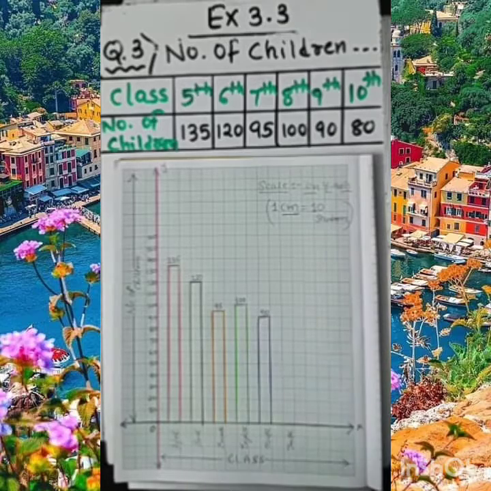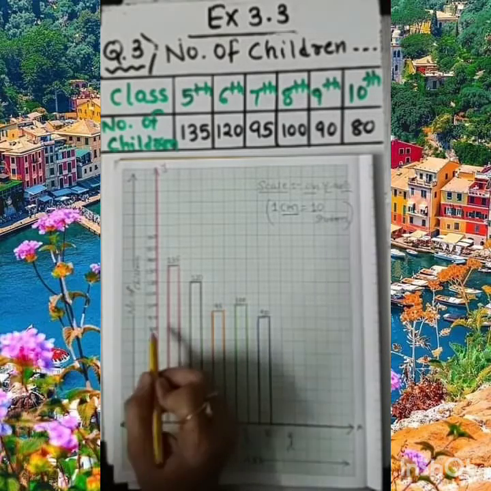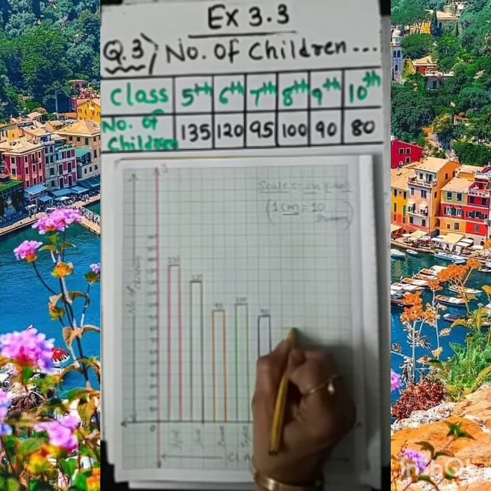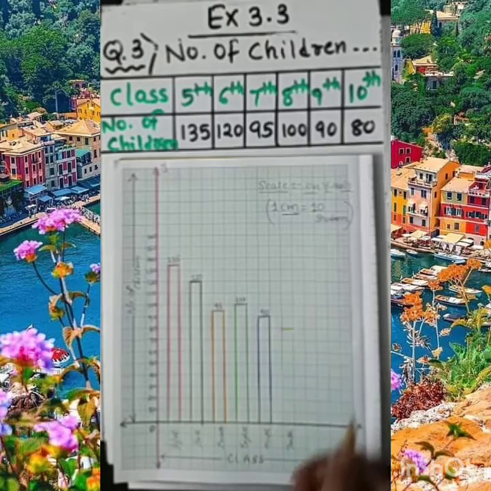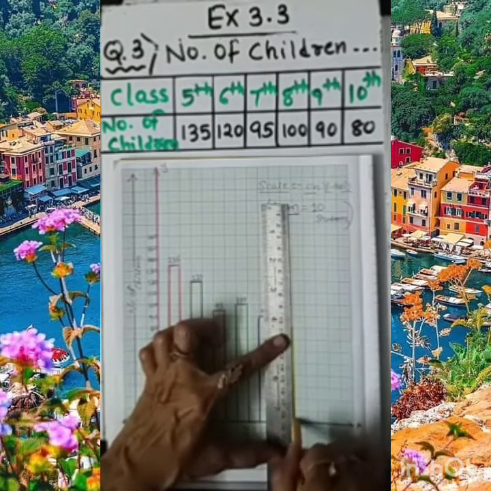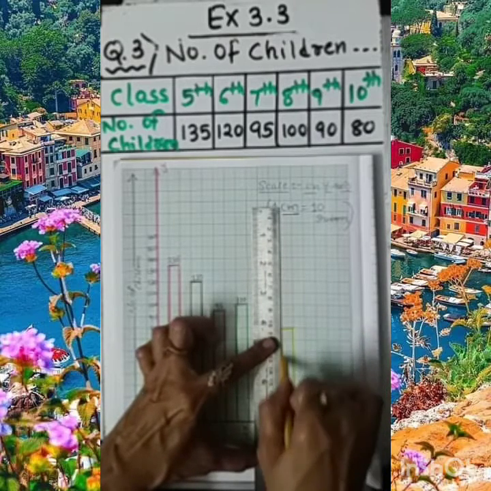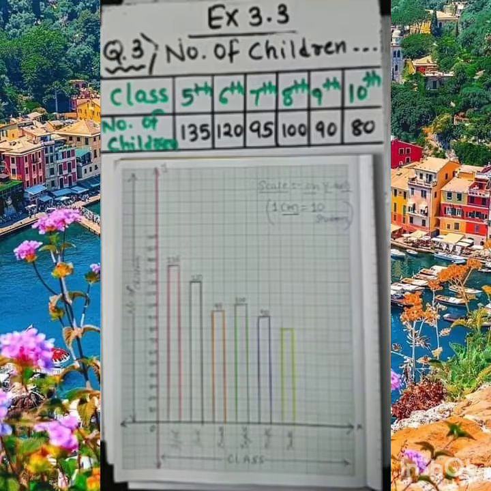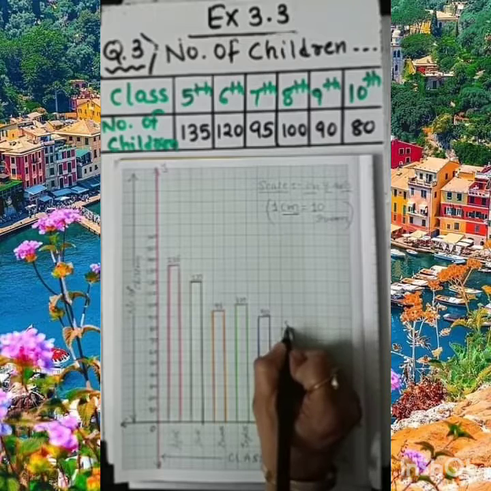And the last one we are given is 80. So very simple. 80 is also here. 80 I can see here. So I am drawing a straight line at 80 and joining this much portion. This is showing 80, and I am now joining it with this. So here it is showing 80, so I am mentioning this is also 80. Clear to you? So this is the complete bar graph.